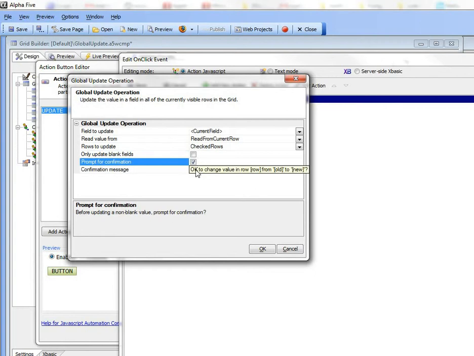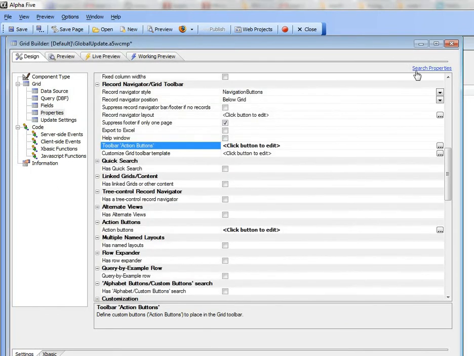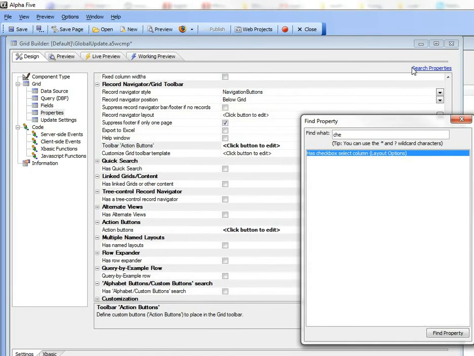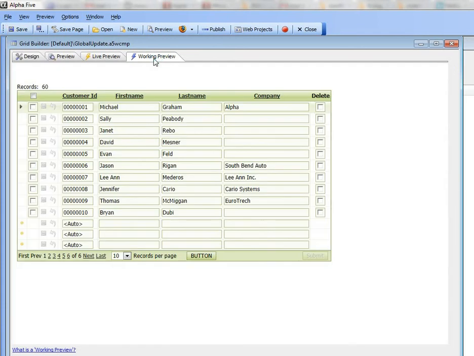So I can go now and I can specify any confirmation message that I want, and in the confirmation message I can use placeholders for the row number, the old value, and the new value. So let's go ahead now and click OK, click Save, and now go back to the grid and turn on the checkbox column. So I'll go here and type in and turn that on,